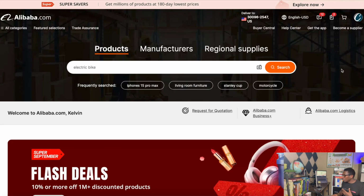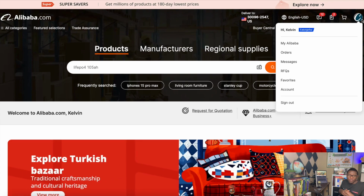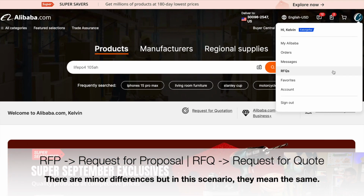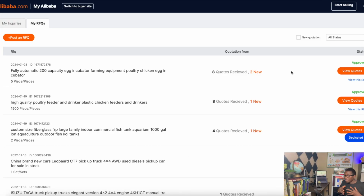Once you set up an account, you're going to see, in my case, I have a profile picture uploaded. But if you don't, you'll probably see a user icon at the top right. Just hover over that user icon to be able to generate the RFP. We're going to start with the RFP, and then we're going to start with requesting a quote directly from a supplier. So I'm going to click on RFP, which will now open the page for me to post a